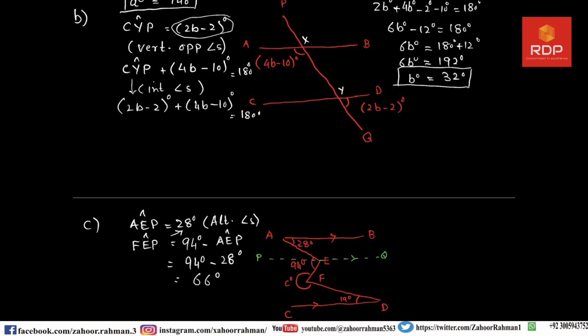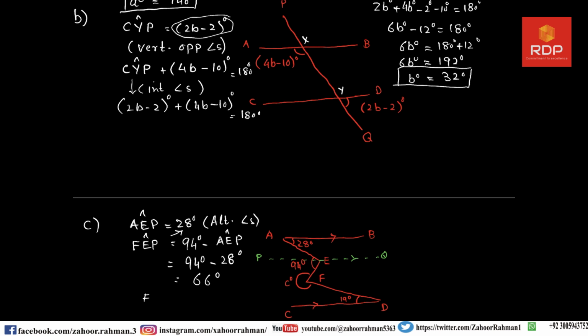So FEP, which is F, E and P, we found to be 66. So this angle, we divided the 94 angle into two parts. So we found one part, and the second part is then easy. So let us say that